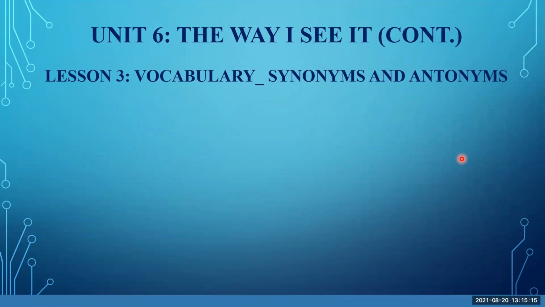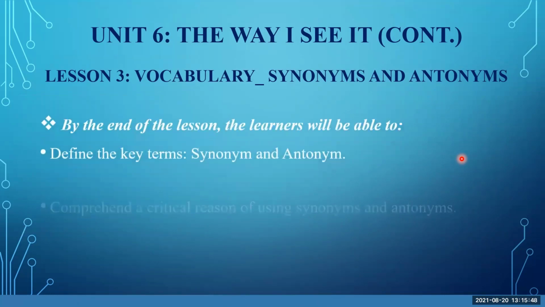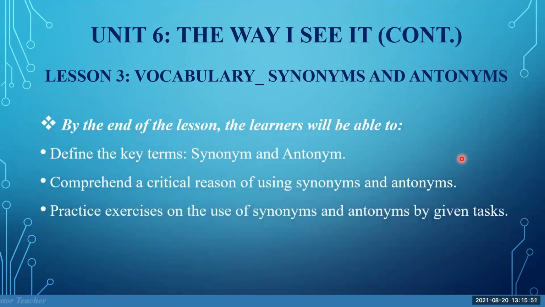Unit 6, the way I see it, and lesson 3, vocabulary, synonyms, and antonyms. When you see this term, try to think about what it is about. What are they about? Then we will define it later on. By the end of the lesson, you will be able to define key terms of synonyms and antonyms, and you'll be able to comprehend the critical reasons for using synonyms and antonyms. Why do we use synonyms and antonyms? And the last one, you will be able to practice exercises on the use of synonyms and antonyms